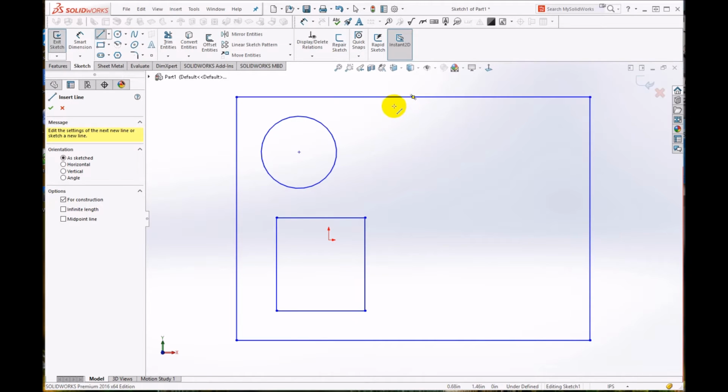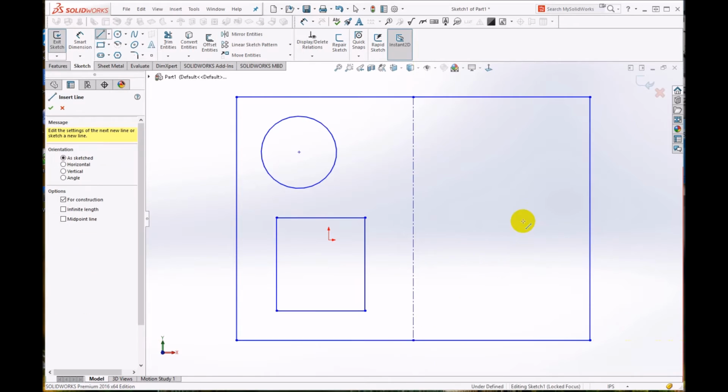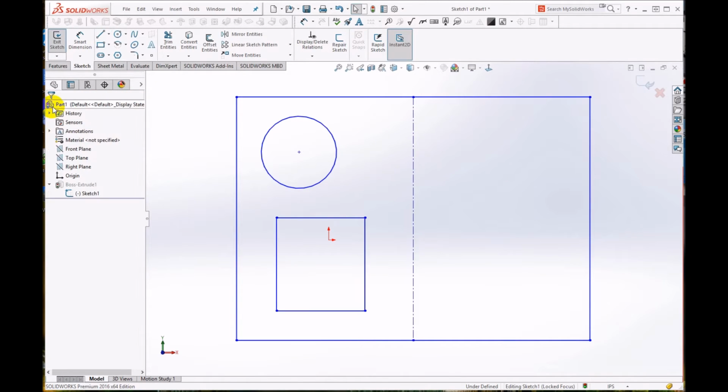Now notice, as I move up to a vertex, I get this little yellow square that is telling me this is the center of that particular line. So I'm going to click on that, and if I drag, notice I can drag at any arbitrary angle, but if I drag straight down, I can go to the facing center on the line that's on the other side, click again, and double click, and now I have a construction line bisecting this large rectangular field. So I will accept that, and now the next thing I want to do is to mirror these two entities around that line. In order to do that, I can click and drag,